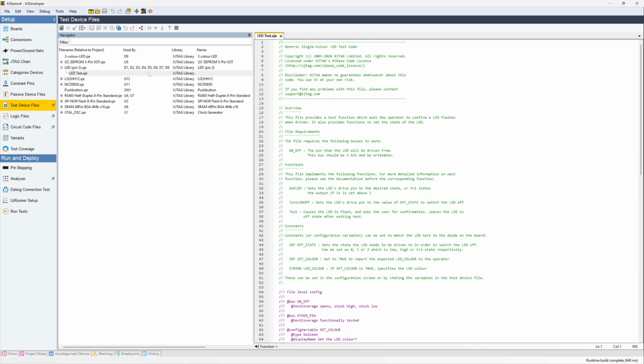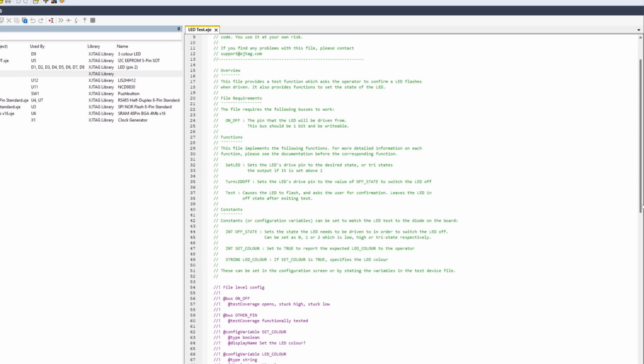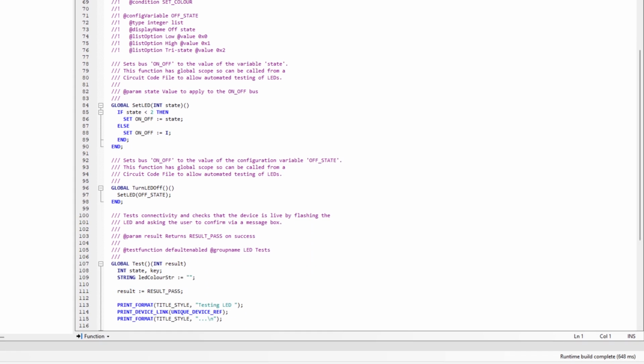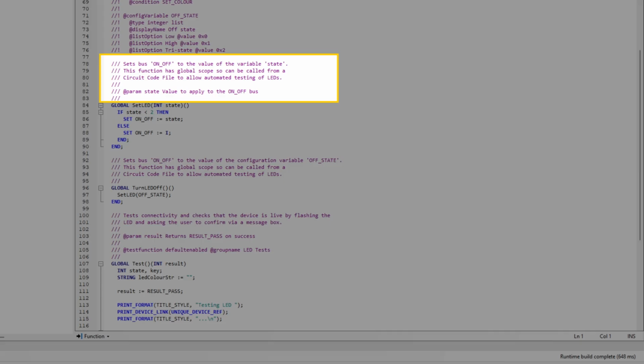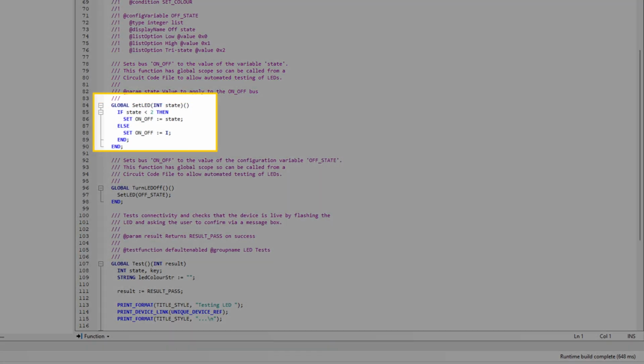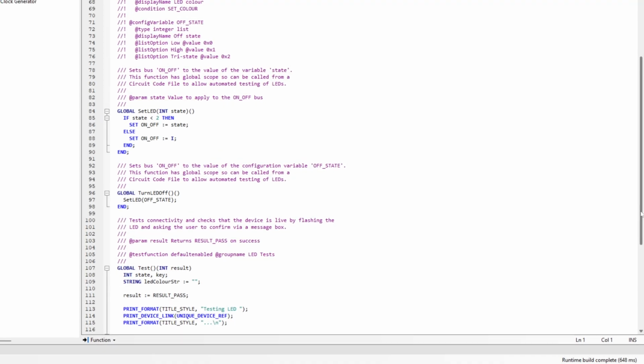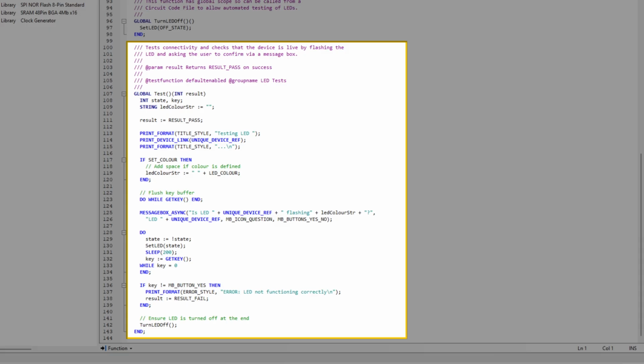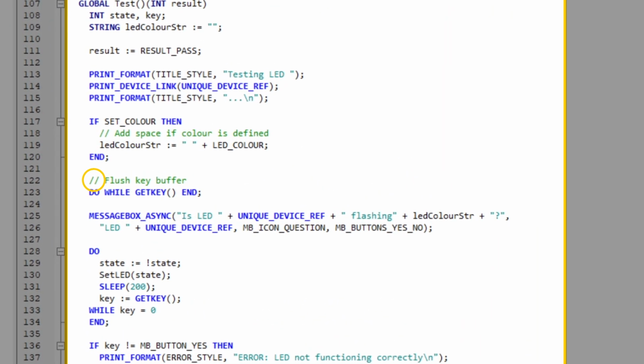To get an overview of the code first, look at this simple example for an LED. After initial constant and variable declarations, individual functions begin with this optional block of text called the XJEsDoc entry. The function itself then starts with its declaration and finishes at the end statement. This test device file contains 3 functions, and each one starts with the XJEsDoc entry, followed by its declaration. You can add additional comments into the code by putting 2 forward slashes on the line in front of the comment. So, let's go back now and look at the code in more detail.